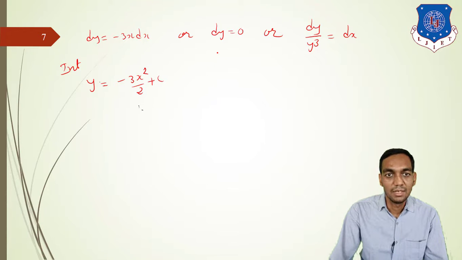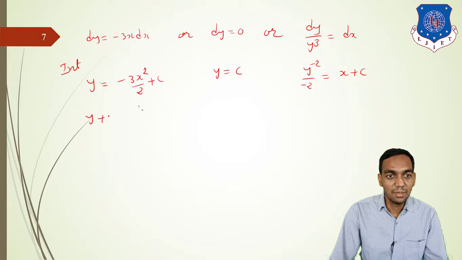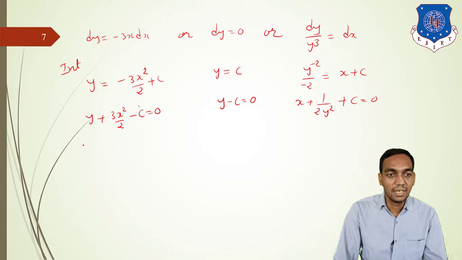So now integrating both sides, that will give y is equal to minus 3x square by 2 plus c. In the same manner here you have y is equal to c. In the same manner here, this is y raised to minus 3, that means y raised to minus 2 upon minus 2 is equal to x plus c. So this can be written as y plus 3x square by 2 minus c is equal to 0. This can be written as y minus c is equal to 0. And we are writing this term on opposite sides for x plus 1 upon 2y square plus c is equal to 0. And therefore, the general solution is given by